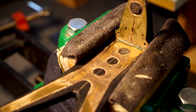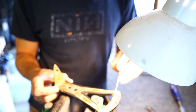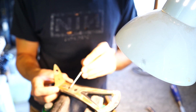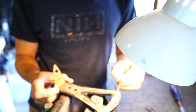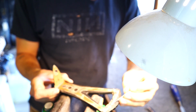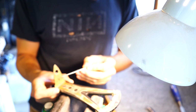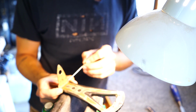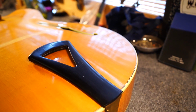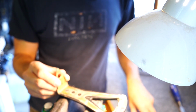And the other interesting thing, it's not really a problem, but this area down here is massive in terms of brass. I mean, that's adding a lot of weight to this tailpiece right here. But this isn't really contributing to the strength of the tailpiece. This is where you want your brass, right here and down these edges. But right here, it's not really doing anything. None of your tension is really centered right here on this brass. The load of the strings is being displaced by this piece of brass, and then it's being transferred down these arms by this brass. And this hinge, or this angle here, has some stresses on it, because that's where it's anchored to the guitar like this. You're pulling all this here, so there's some stress here, but not a whole lot